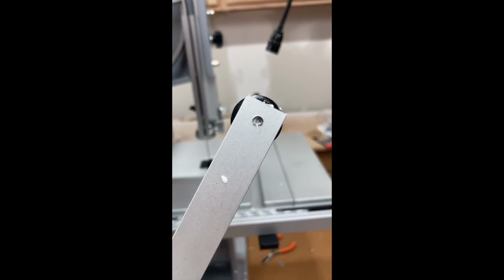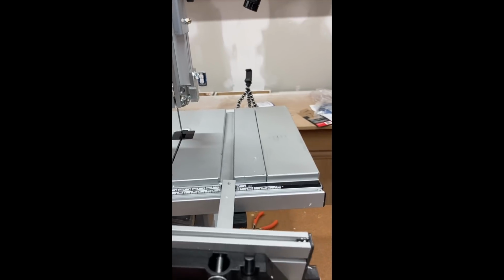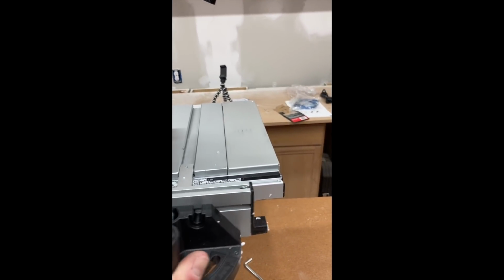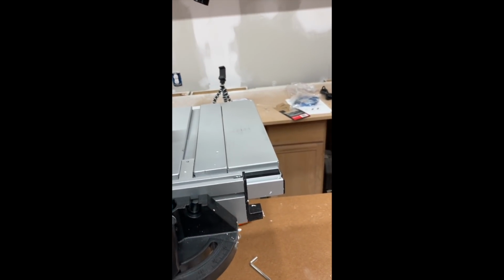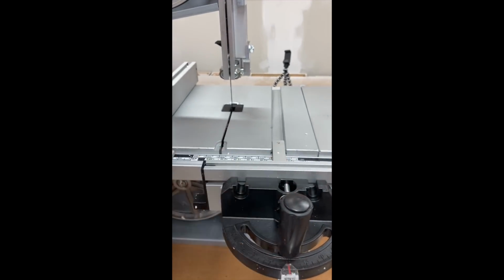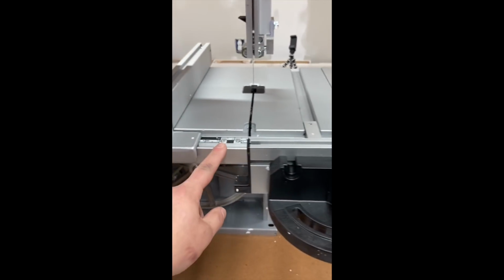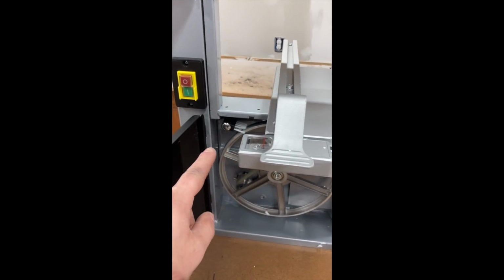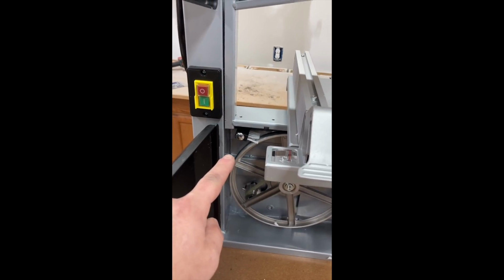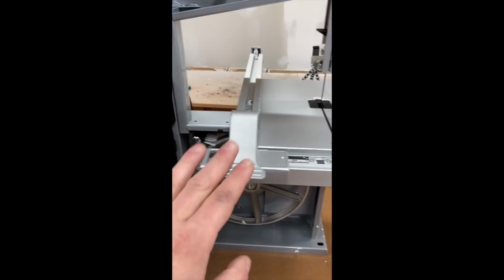this piece right here, that keeps it when you're sliding in here. If I can get it lined up here. So you can have a bigger piece of wood and you're backed up here if you're cutting it. Now I have this on, but you can probably take this off. But it would be nice if these extended all the way out so that you can use that space with this. Nonetheless,